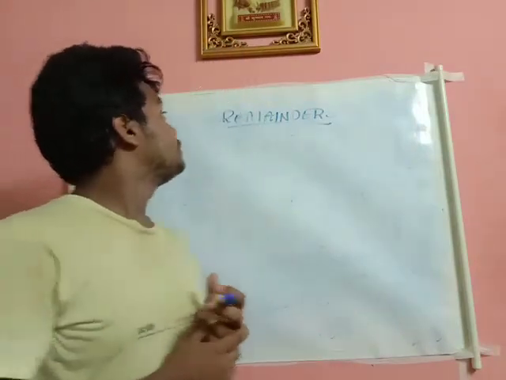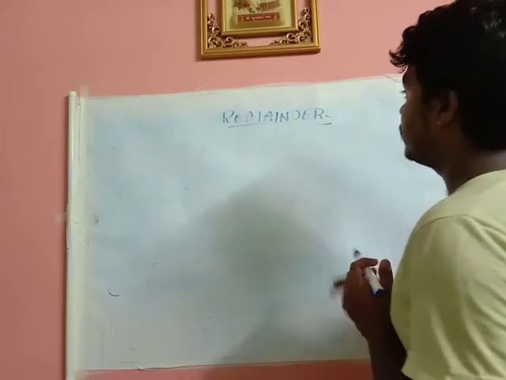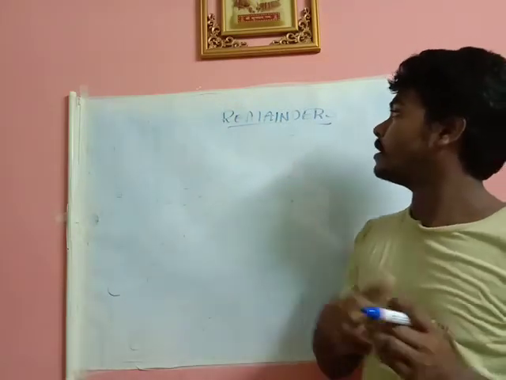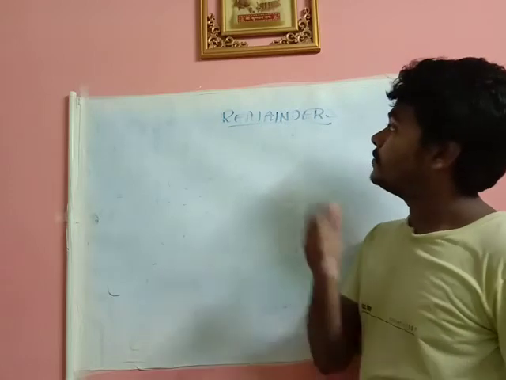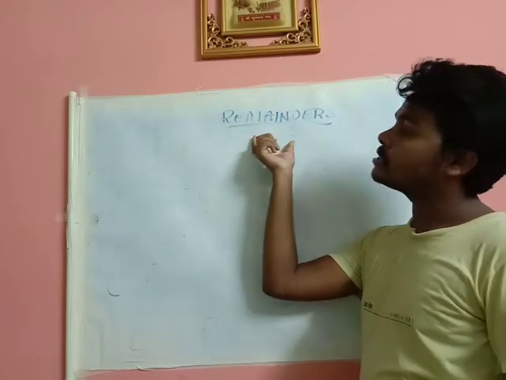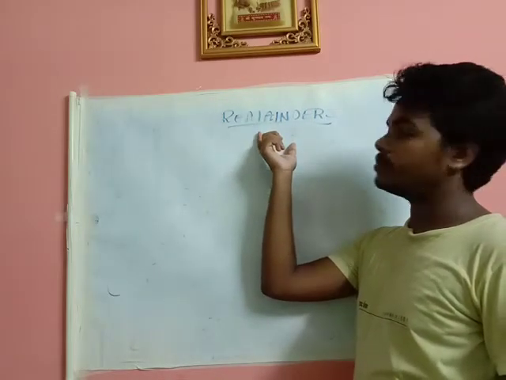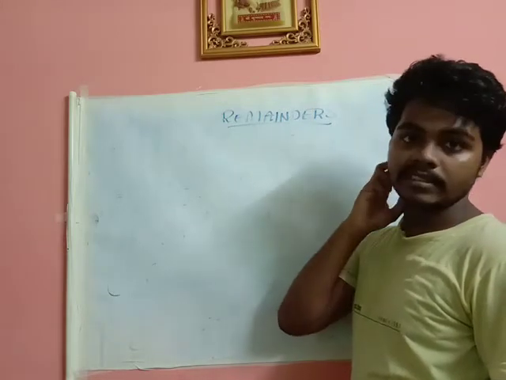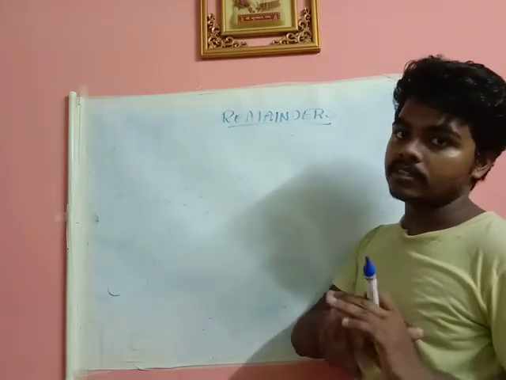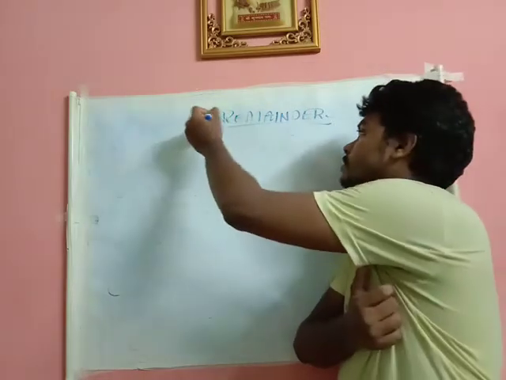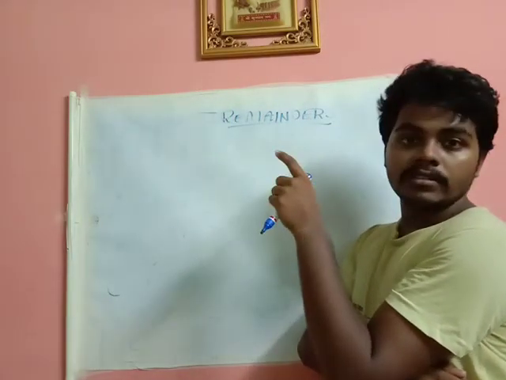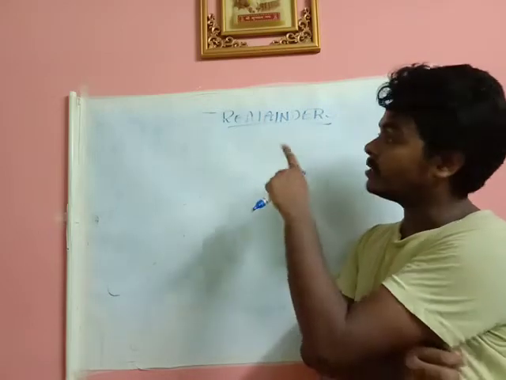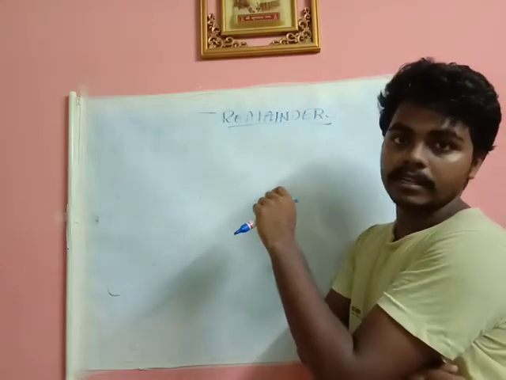So initially, at the starting of my number system classes, I told you that if the examiner wants to make the question paper tough, then there is more chance of asking questions from remainders, right? So initially, you just be concentrative and listen to the topic. I'll be telling the remainders in an easy case.